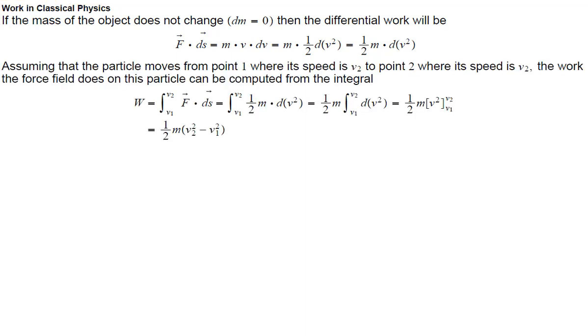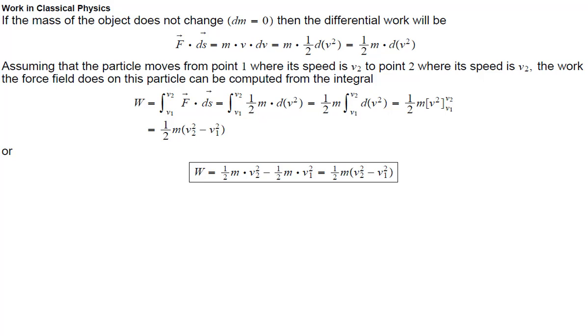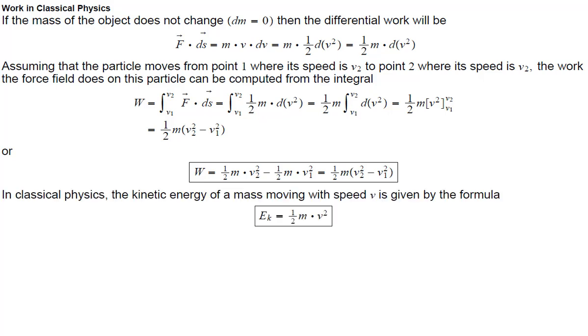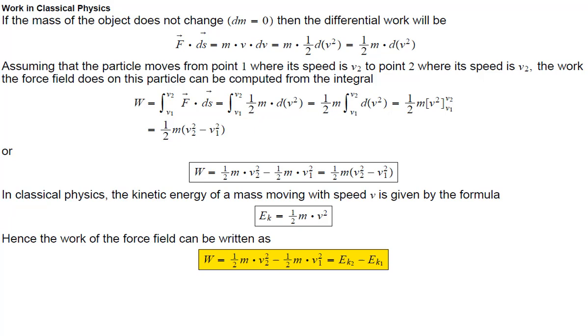Assuming that the particle moves from point 1 where its speed is v1 to point 2 where its speed is v2, the work the force field does on this particle can be computed from the integral. In classical physics, the kinetic energy of a mass moving with speed v is given by the formula. Hence the work of the force field can be written as